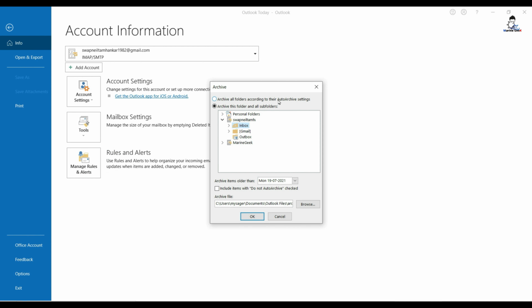You have a lot of options over here which you can play around with if you want to archive anything before this particular month or after this month, etc. You can select whatever you feel good with. Do not change the folder address over here. Keep it as it is, as the default, in the C drive in your Microsoft Program Files, etc. Do not change. Press OK, and that's it. You have archived.